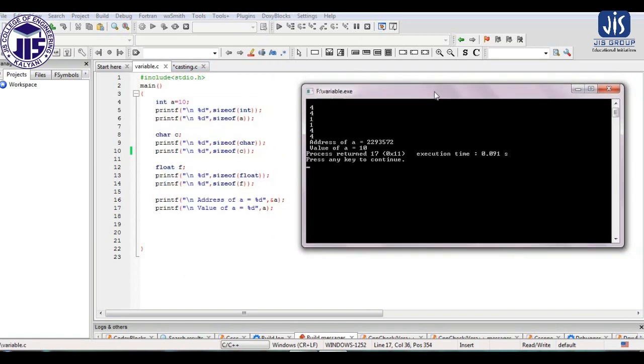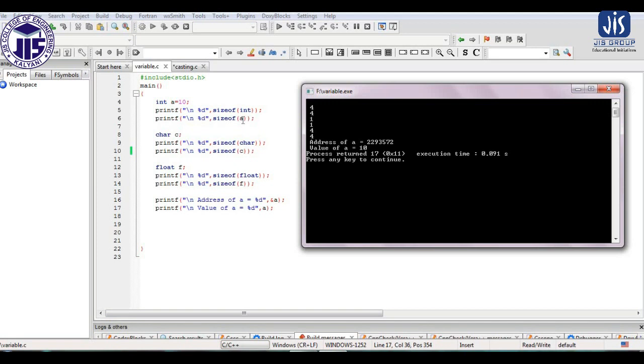So here you can see it is showing the size of integer first, the second one is the size of A. Here it is showing 4 because it is a 64-bit compiler. If it is a 32-bit compiler, there you will get output 2, but in all the computers we are using recently, most of them will show size of integer as 4, because we are using a 64-bit compiler right now. But what I want to say is that size of integer and size of A, we are getting the same output.